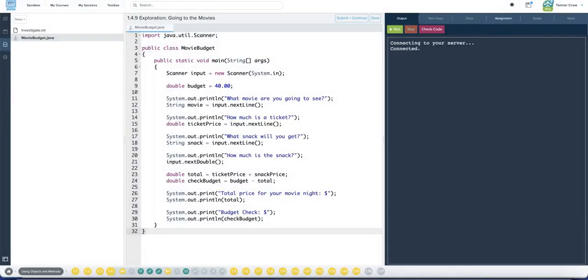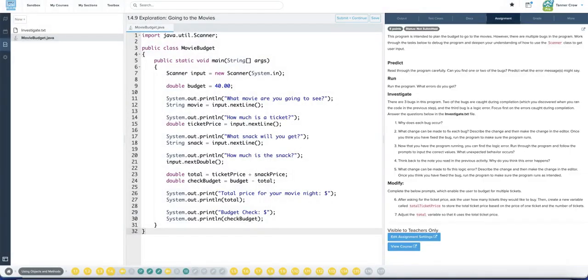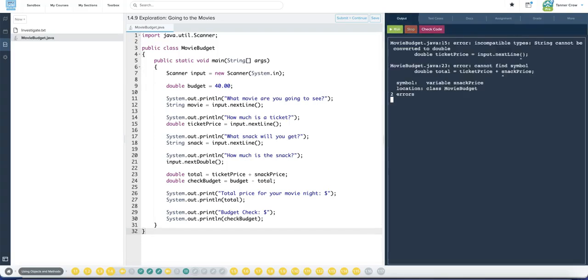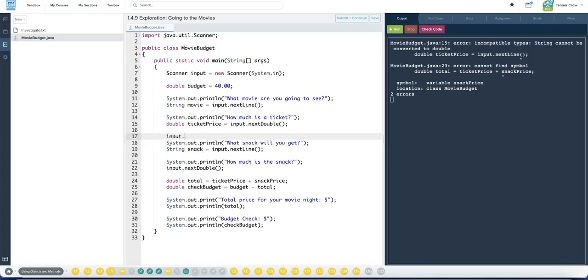Exploration, going to the movies. Read through the program, run the program. There are 3 bugs in this program. 2 of the bugs are caught during compilation, which you discover when you run the code. So nextLine should be nextDouble. Then here an input.nextLine needs to be added,